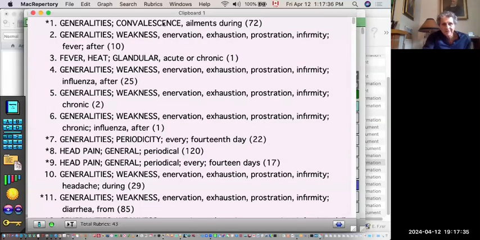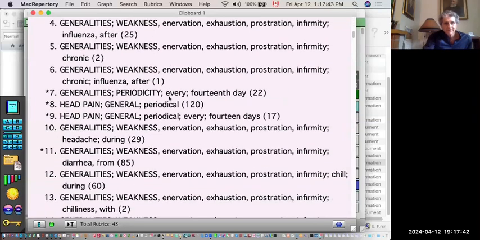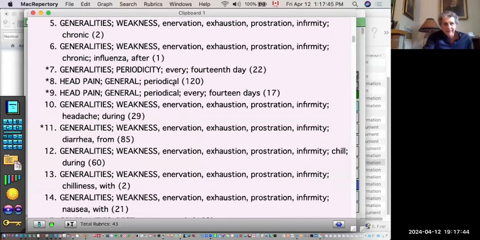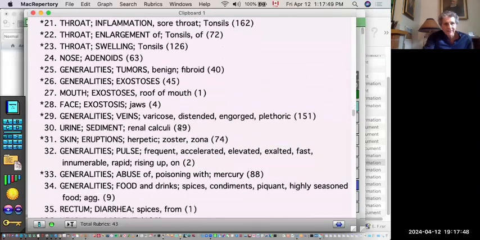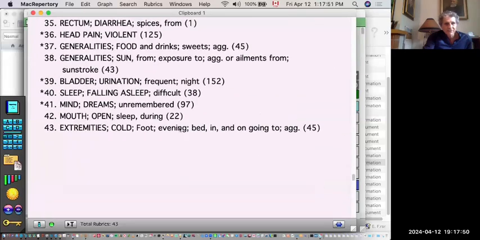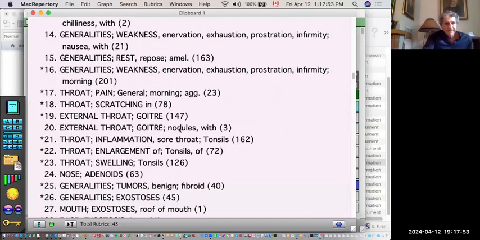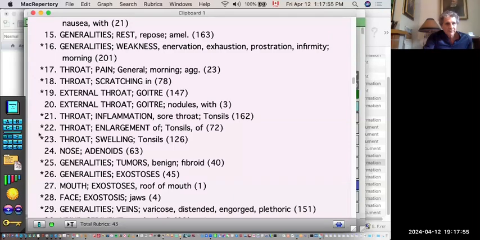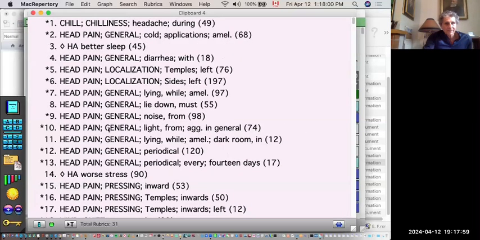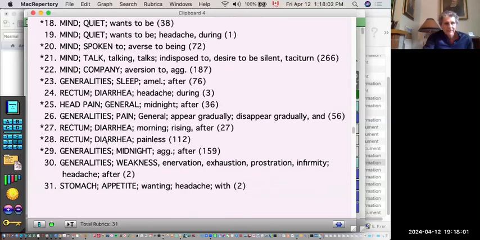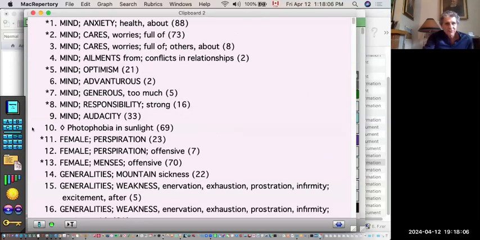So she's never well since an infection. She gets very weak. She's like a type of glandular fever. Periodicity every 2 weeks. Headaches periodical every 2 weeks with weakness, and you will see diarrhea there and so on. Where's the diarrhea? So the diarrhea there, maybe it's spirited diarrhea or someplace. Yeah, diarrhea here. It comes with the diarrhea. So this was the genius here.